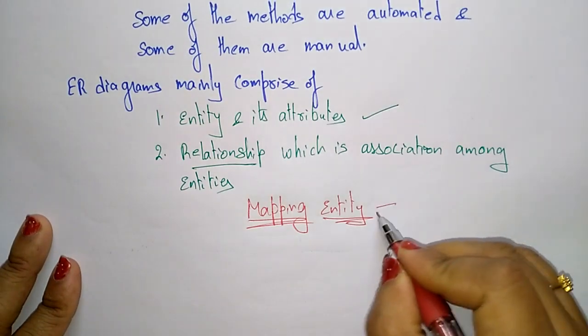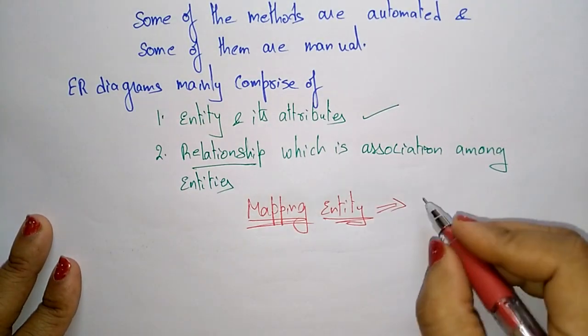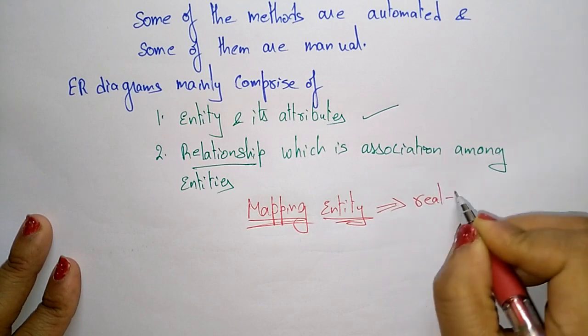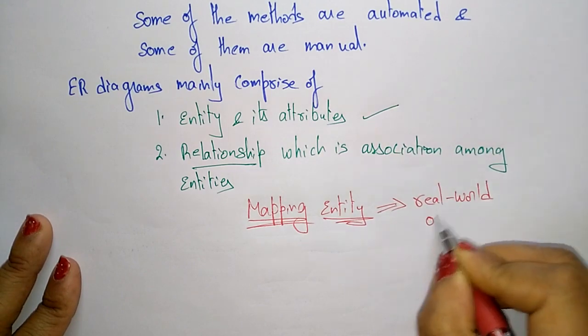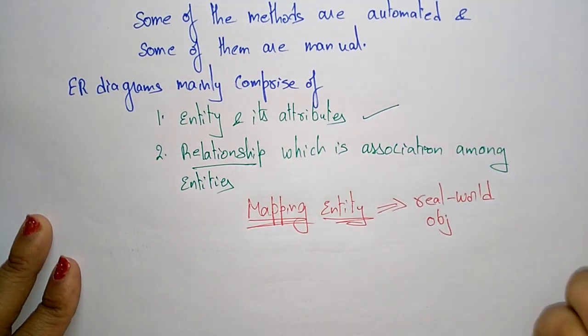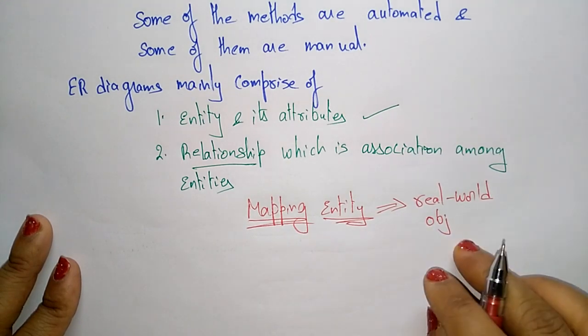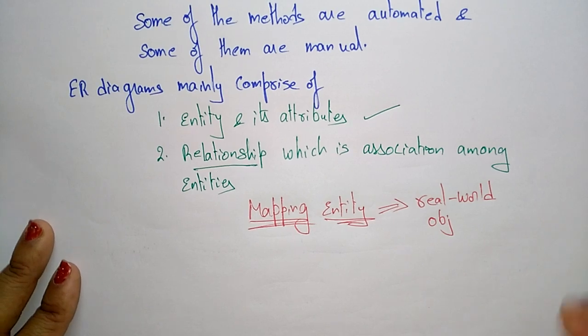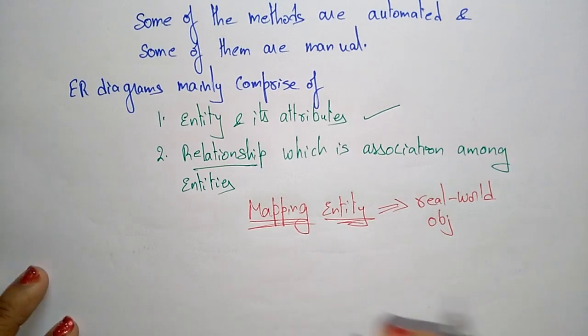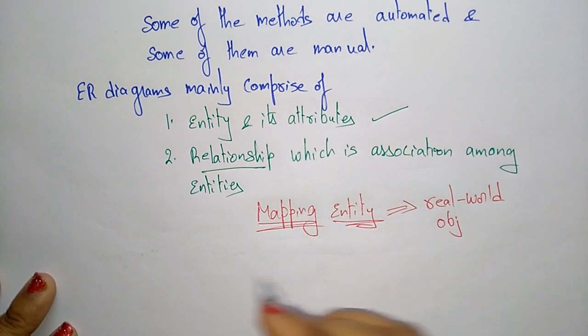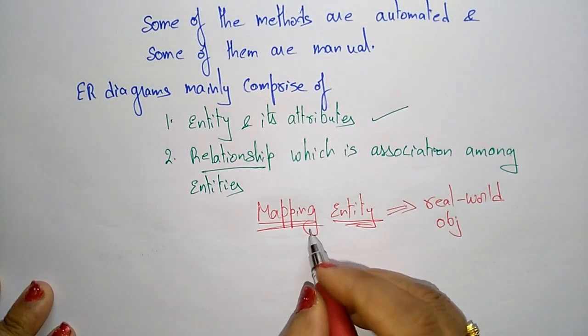So everyone knows that I already explained: an entity is a real world object. So this object may be physical or a conceptual estimation. So an entity is a real world object with some attributes. So if you take the mapping entity, every mapping has some process. If you take the mapping entities like